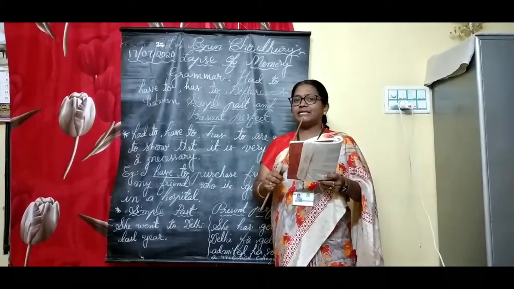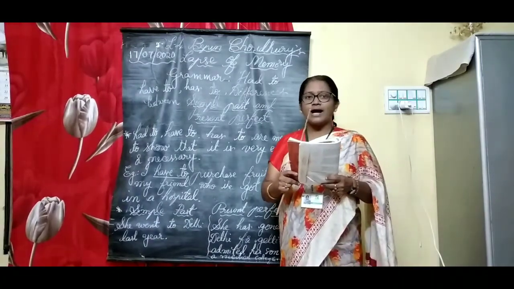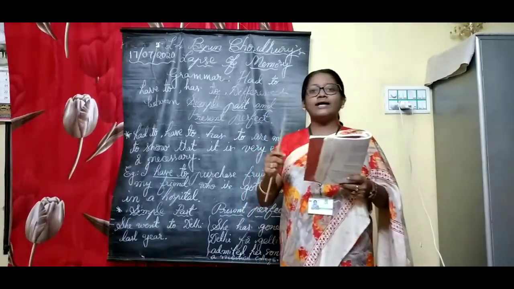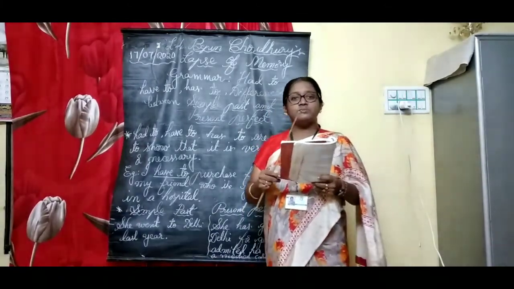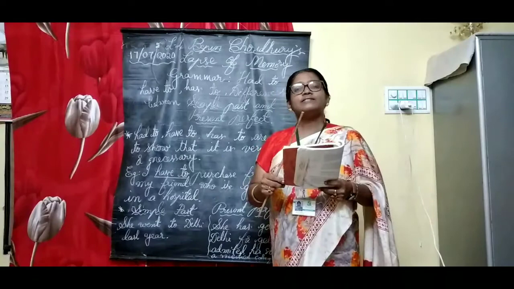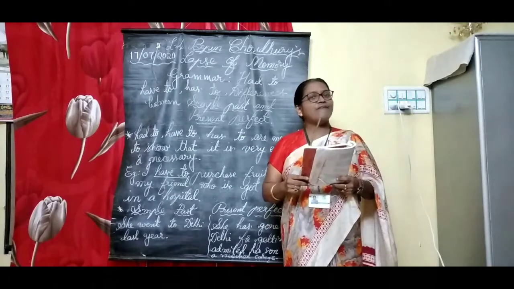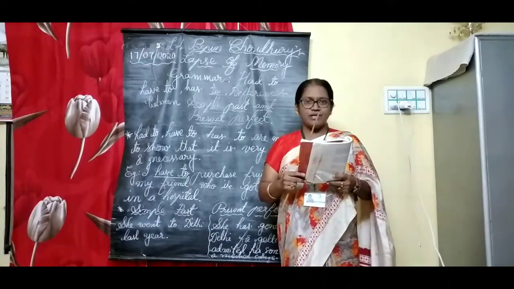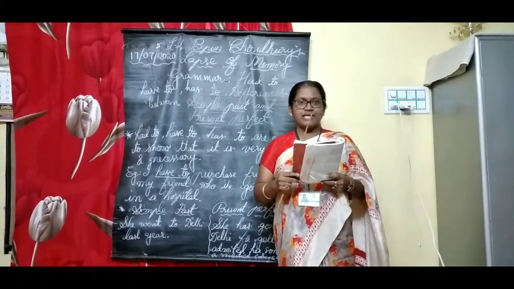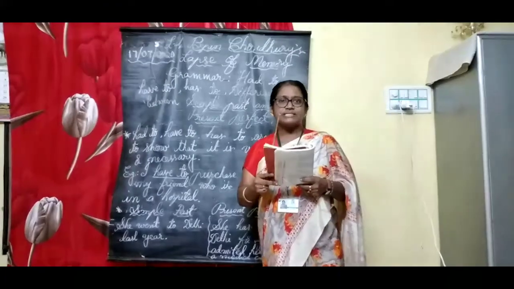As you all know, there are three persons in English: first person, second person and third person. The first person singular is I and the first person plural is we. The second person, singular as well as plural, is you. The third person is he, she, it in the singular and they in the plural. So whenever you use the plural form of any of these persons, we use have to. I, we, you, they. Once again, I, we, you, they. All four forms of the persons go with have to in present tense.